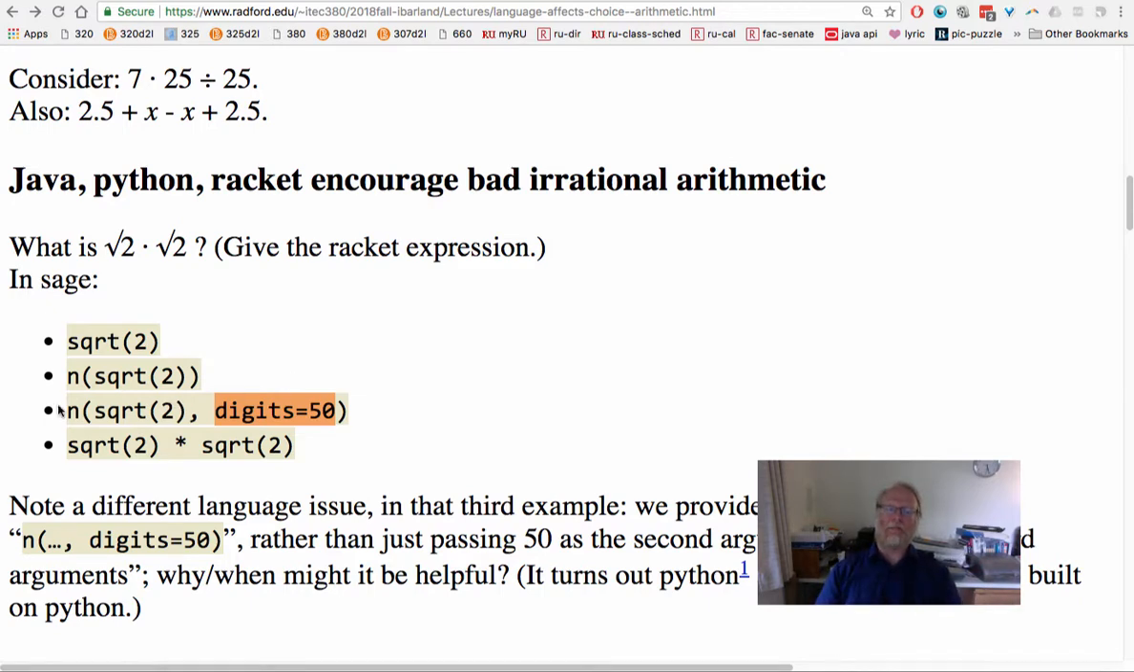This is a different model. This is saying, hey, this is calling by keyword. There's a required argument that's by position, the very first argument, which is the number you want. But then you can have a bunch of other things that you pass. The function n knows of certain keywords it recognizes, and digits is one of them. Say, oh yeah, digits by default is 10, but if you include that in the function call, I'll use 50